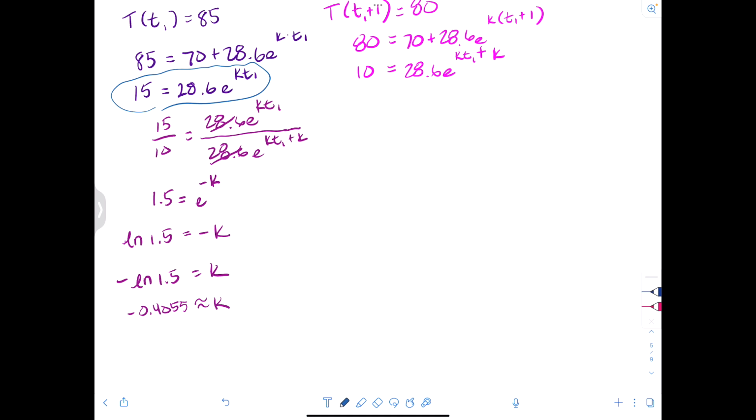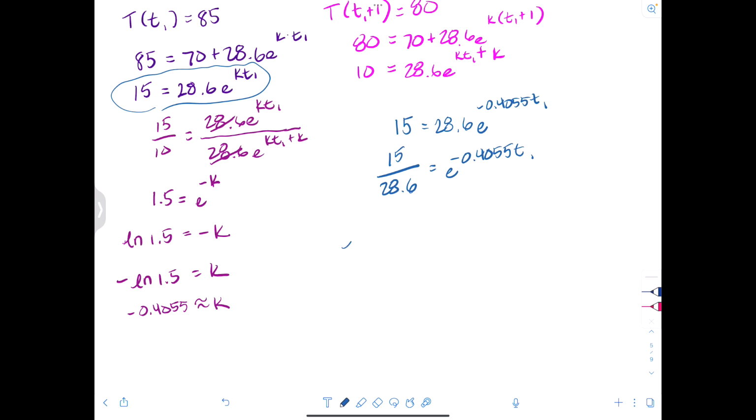So using 15 equals 28.6 e to the k, which is negative 0.4055 T1, I would have 15 over 28.6 equals e to the negative 0.4055 T1,